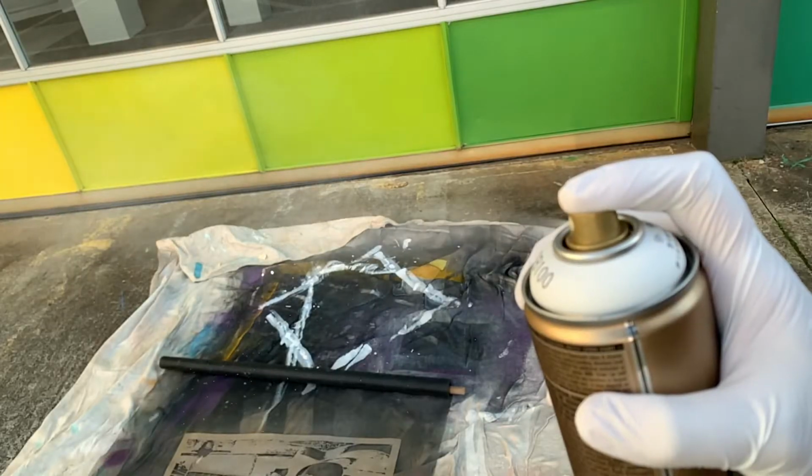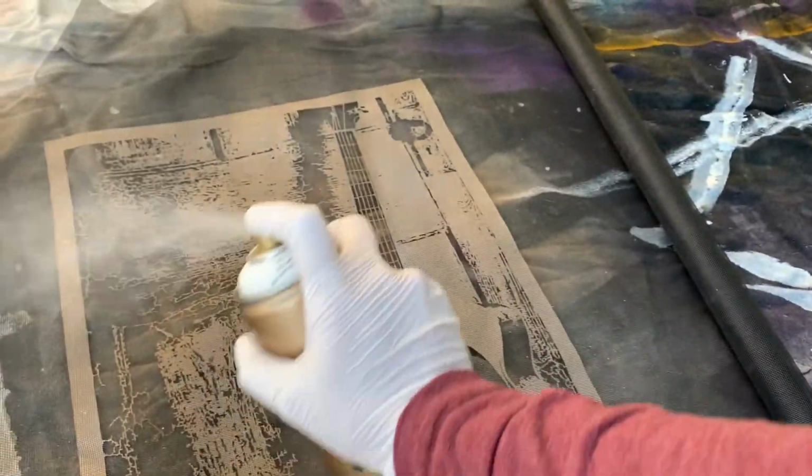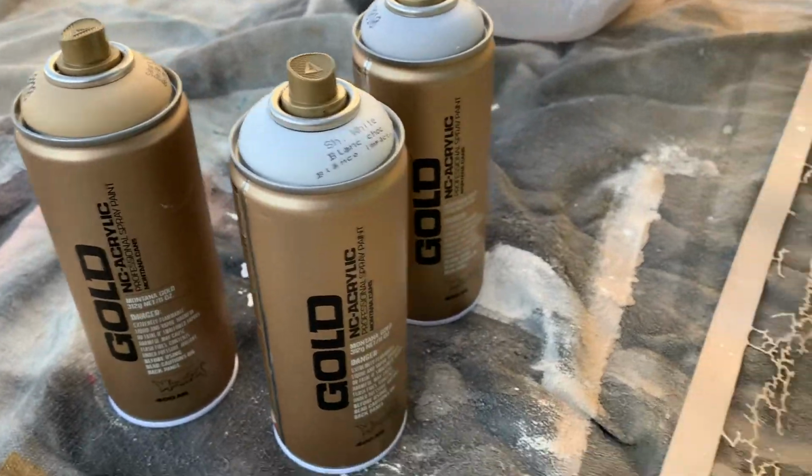The next part was the painting part. I knew that I didn't want to just start throwing crazy colors onto this piece. I wanted something that would still be warm and soothing when you looked at this piece. But yet I still wanted to keep some of my more modern techniques. I used the screens, I was spray painting, but I ended up picking 3 different colors of spray paint